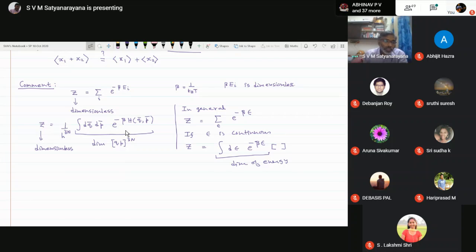Suppose let's say that you have these energy states like this. We have some energy states like this, and we are going to continue to continuous integration because these energy levels are so dense. So suppose you take energy E and then look at some small variation d epsilon, and how many energy levels are there in this energy difference. This is sometimes proportional to energy. So we can say some A of epsilon into d epsilon as the number of